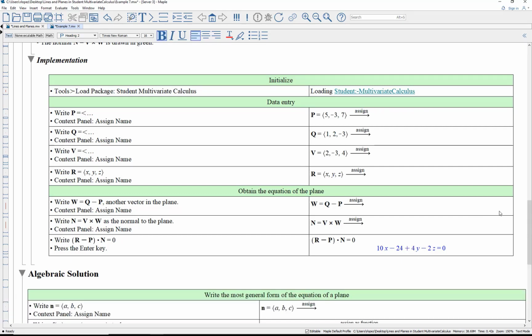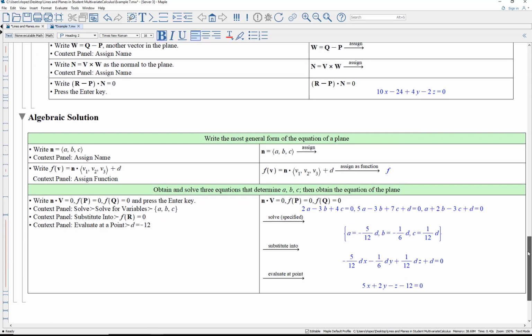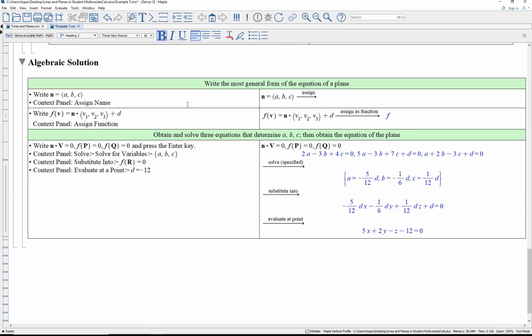There's an algebraic solution to this problem. It uses a device we have recently seen with a slight change. What we don't know in this problem is the normal vector to the plane. So let's have an unknown normal vector, ABC. So we define this n to be ABC, and you use assigned name. The function of the vector argument that we define